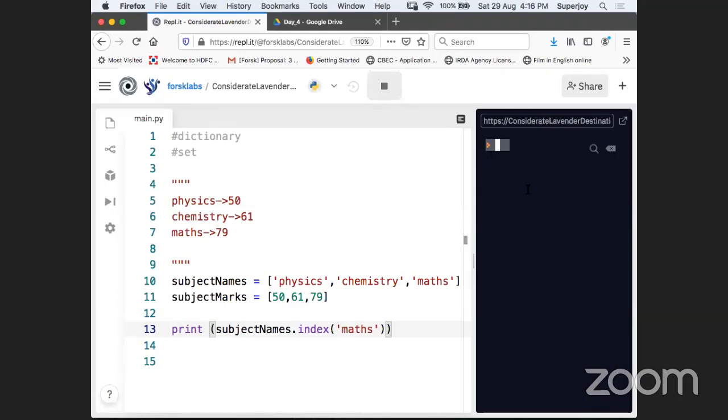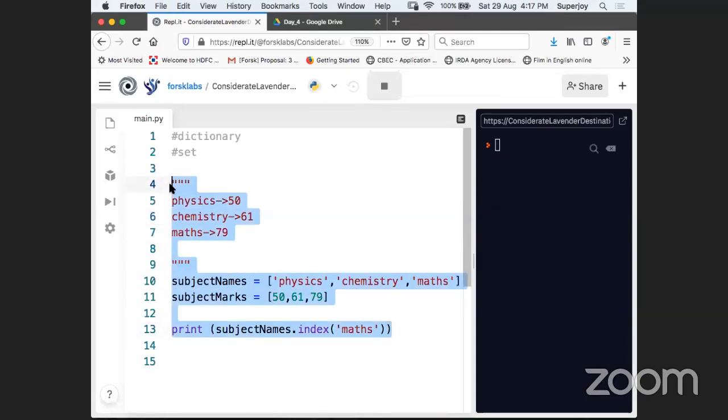It's running. Okay, let's run it again. Maybe there's an issue with connectivity. Just hold on, guys. Let's refresh it in case we're getting some issue.